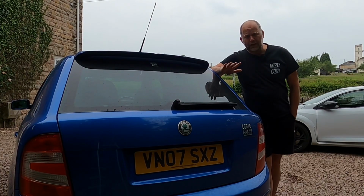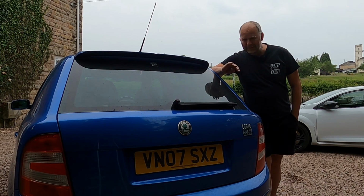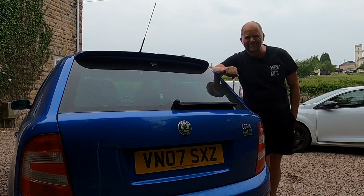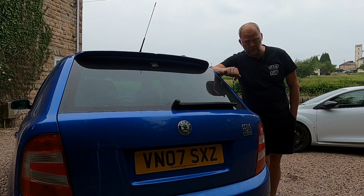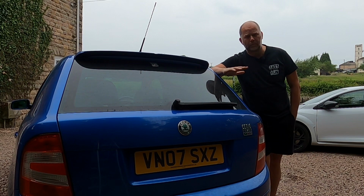And don't let big mileage put you off. And when I say big mileage, I don't mean 100,000 plus. For a Fabia vRS, I would deem that as quite low mileage. You see, these engines will run for 200 plus. In fact, in other variants, those PD130s can do 300, if not 400,000 miles. Incredible mileages, as long as they've been serviced. And that's the problem, because